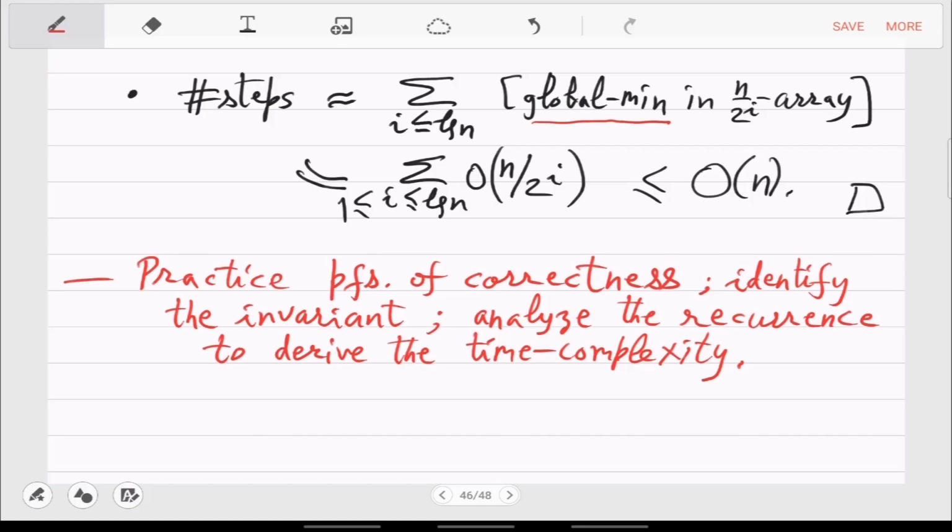So ultimately this proof is by geometric progression. So it's a GP proof. The recurrence is completely unfolded and you get the answer order n. So these are the steps which you will see again and again in all the problems that we'll solve in this course.